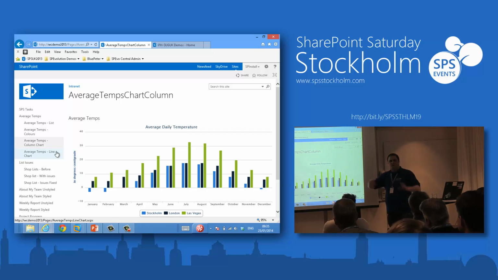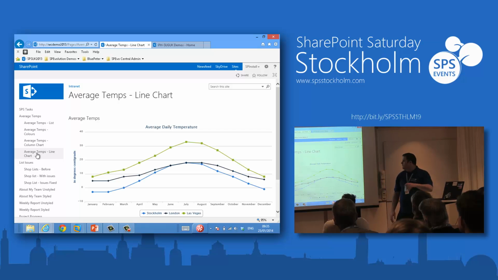When I first built this demo, I did the bar graphs horizontally, and it just looked wrong. So you need to visualize your data in a way that makes sense to people. People are used to seeing temperatures go up and down, not side to side. Side to side didn't work. It does work as a line chart, though. So we can see,